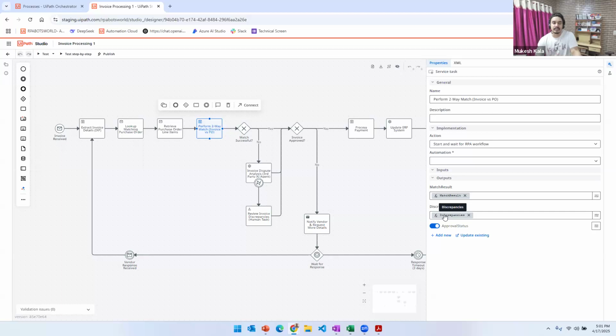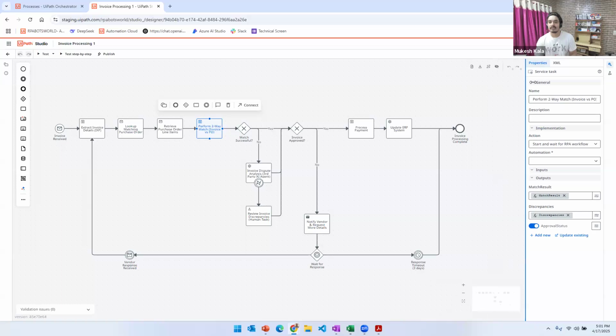Then there is a question from Karan that how many processes can we run at a time. It is again the same thing, Karan. For example, if you have an unattended process, you need a robot. If that robot is currently executing an unattended process, the other ones are going to be pending. So yes, from this orchestration point of view, you can trigger the processes, but you need to have the available licenses and the available runtimes, and then it again depends on your task. If it is a background automation, it will happen in the background. If it is an API automation, that will still happen.